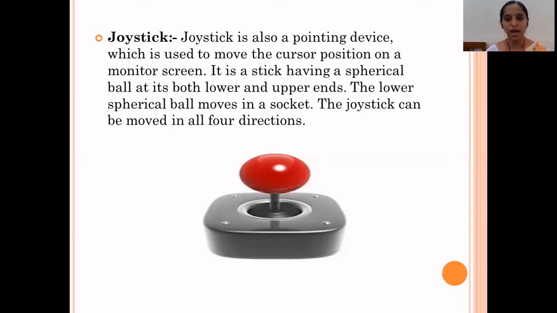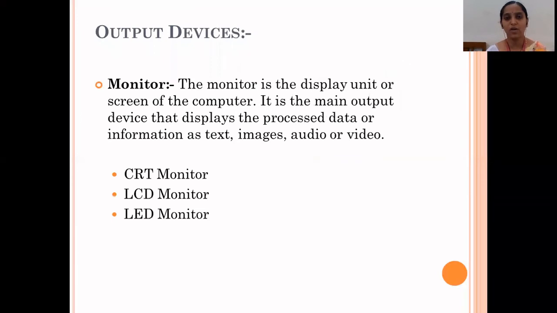Okay. Next are the output devices. First of all, what is meant by output devices? Output devices means the generated output is shown on an output device. Which output devices are available in the market? There are lots of output devices available. Among them, some output devices are included in this lecture, of which the first is a